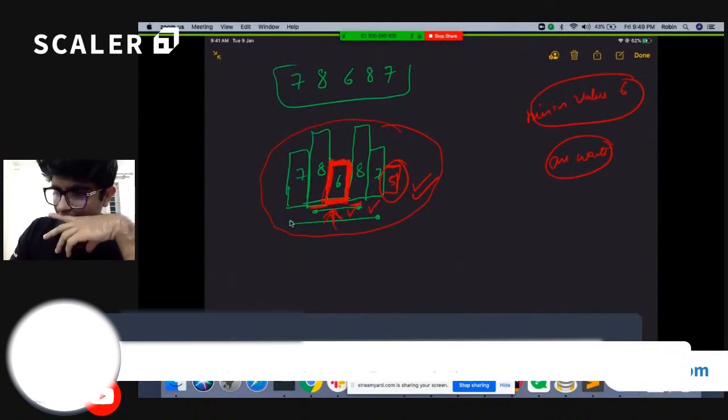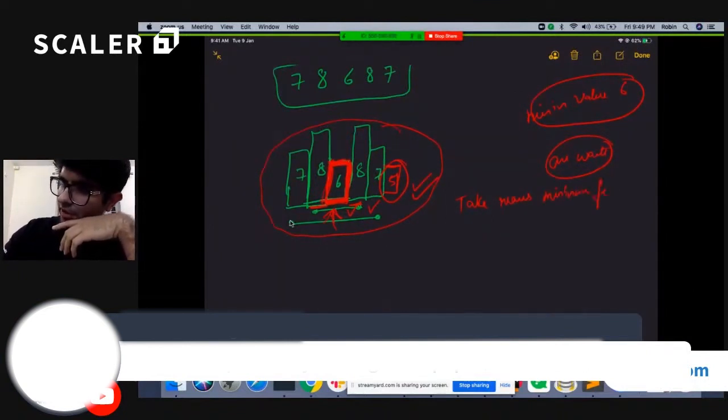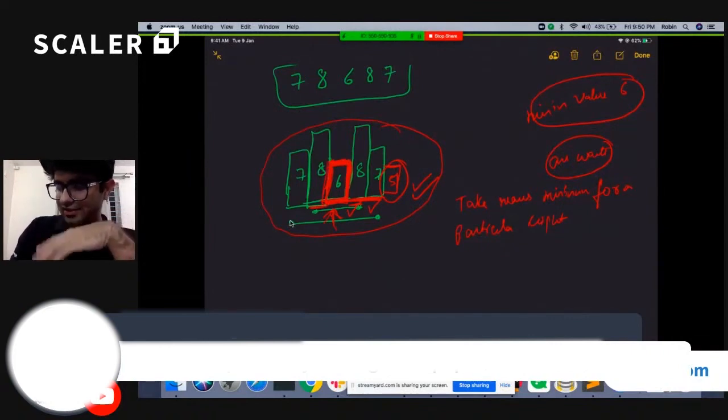This gives me the idea that I can just take the nearest minimum element for a particular element in the right side, such that all the elements in between will be greater than 6, and I can consider those elements for this element. And likewise, I can extend a similar approach to the left side as well.